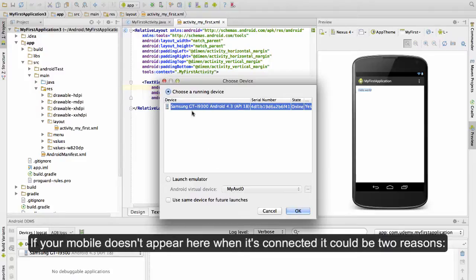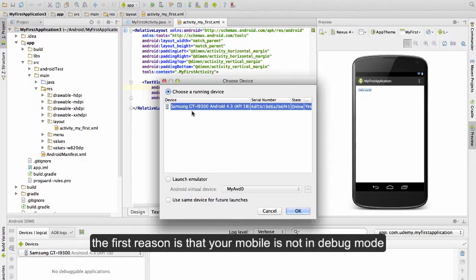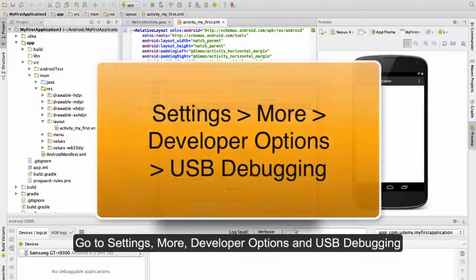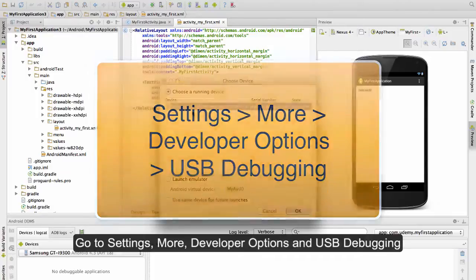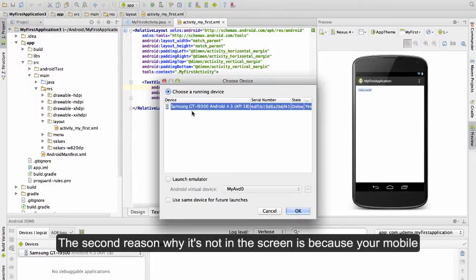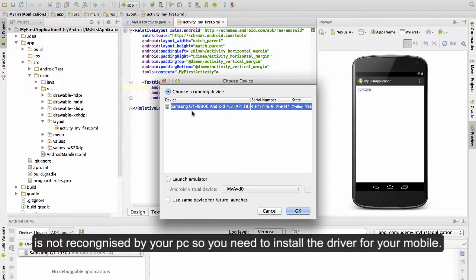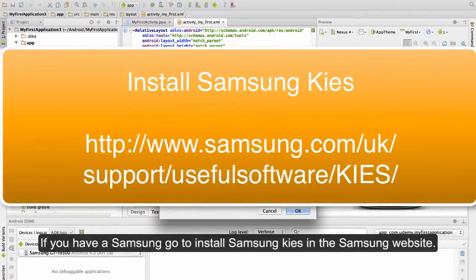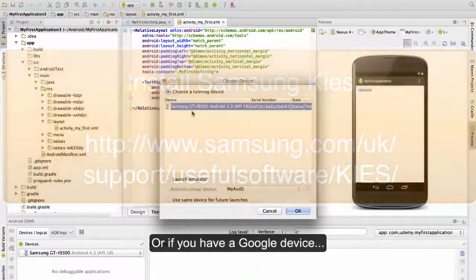If your mobile doesn't appear here when it's connected, it could be for two reasons. The first reason is that your mobile is not in debug mode, so you have to make it debuggable. Go to Settings, More, Developer Options, and USB Debugging. The second reason is that your mobile is not recognized by your PC, so you need to install the driver for your mobile. If you have a Samsung, go to the Samsung website and install Samsung Kies, or if you have a Google device,